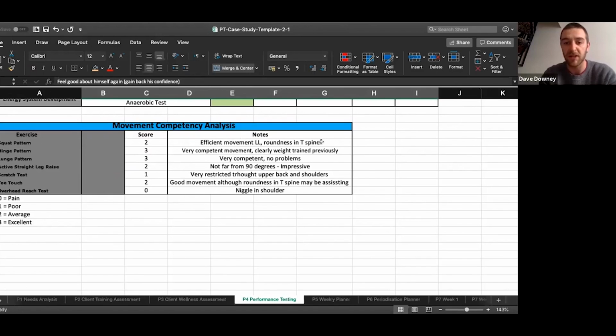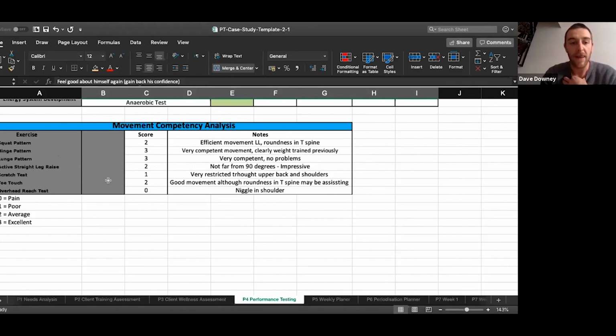So we can see straight away that that's probably enough where that restriction or pain is coming from. So his hinge pattern, then very competent movement, so clearly weight trained previously. So that's a really nice one. So we don't have to target the coaching necessarily on that hinge, which is a real plus. Lunge pattern, then again, very competent, no problems. Active straight leg raise, so not far from 90 degrees, which is pretty impressive for someone who hasn't trained in